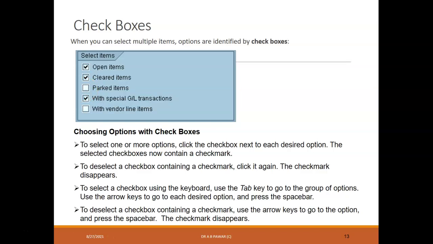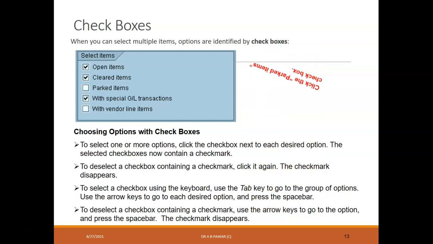If you want to uncheck it, just click again on that option and the check mark will disappear. With the help of the keyboard, the tab key and arrow keys, you can select a particular checkbox, or unselect it, or make the check mark disappear.